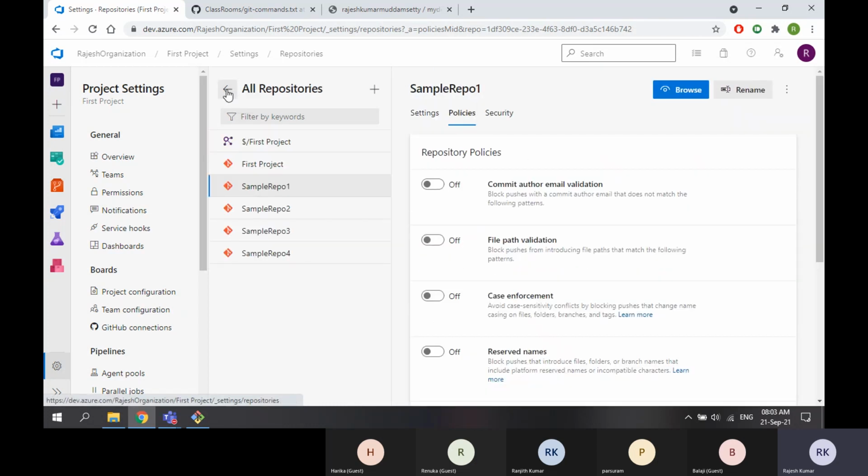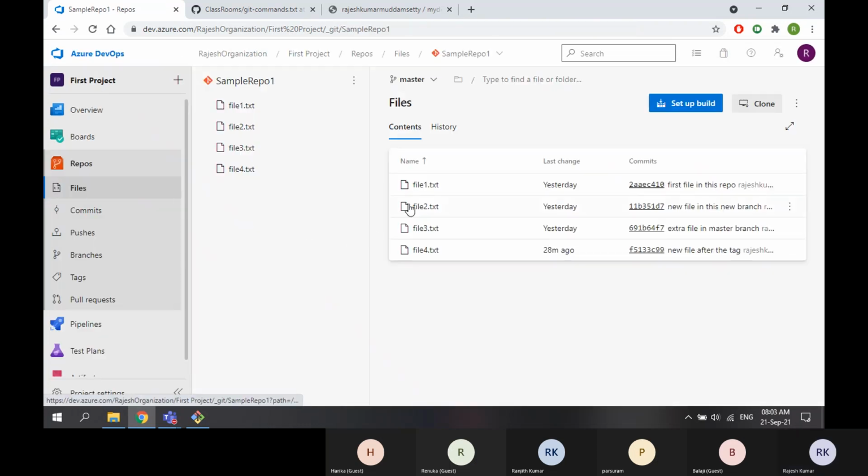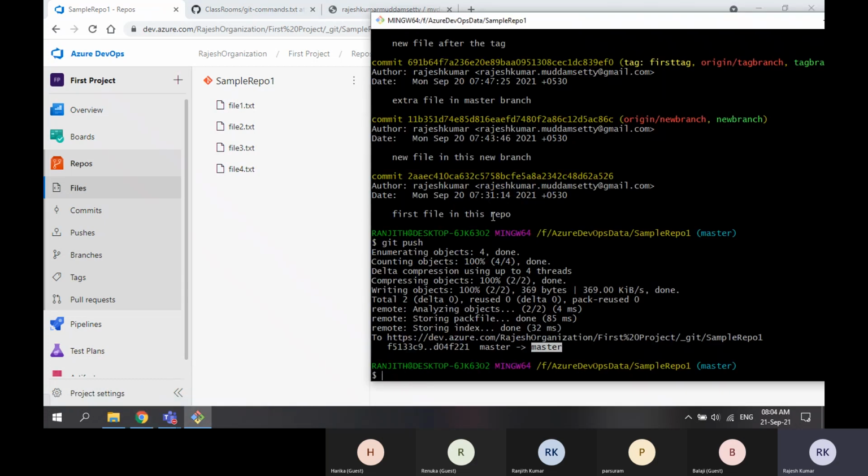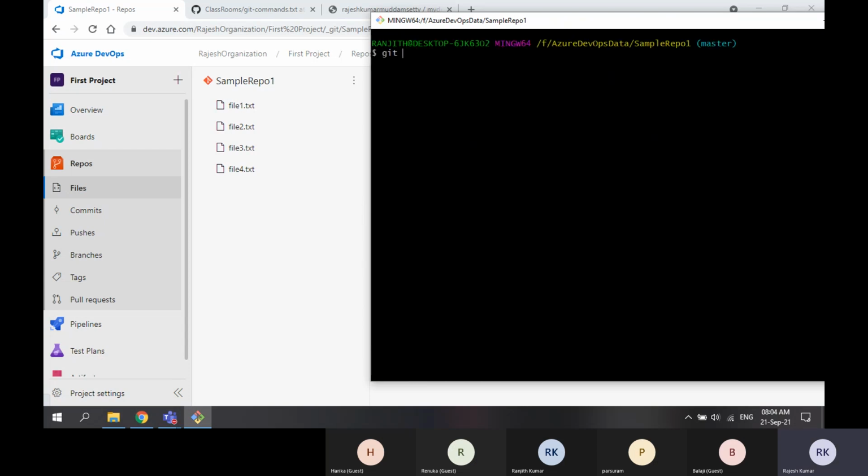Now I am going back. Go to repos. So file 1, 2, 3, 4, right? Now what happens? I am working on local. Now check out to new branch.